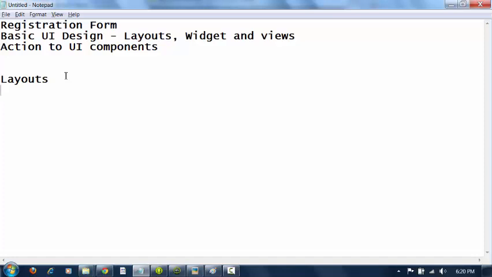The basic layouts are linear layout, relative layout and table layout. Let us see what are these layouts and what are the features of these layouts. I'll start with linear layout. Linear layout is a layout in which you can arrange the components in a linear manner. For example,